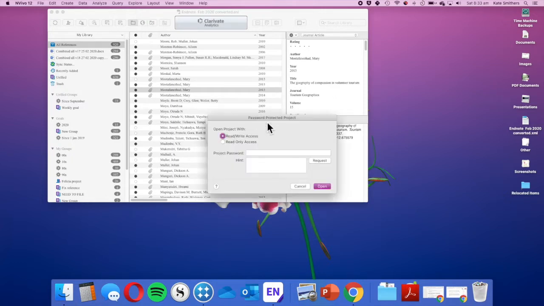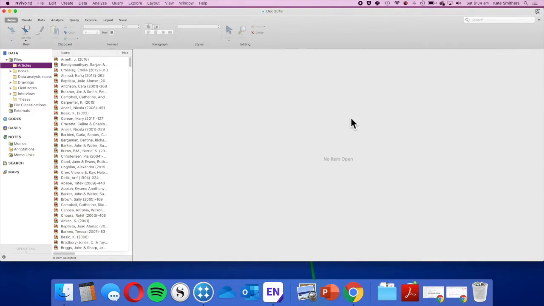My computer is not the fastest. Now, here is just a note. I actually have my NVIVO password protected, just an extra layer of security for my participants, as my audio recordings are in there. So I put my password in, open. My NVIVO is kept behind a password protected computer, but it is also password protected itself. All right, so we have here, it opens up to basically what I was in last, so in my articles